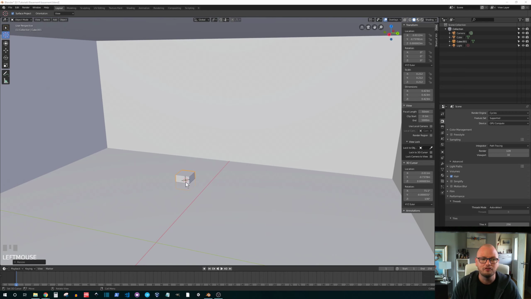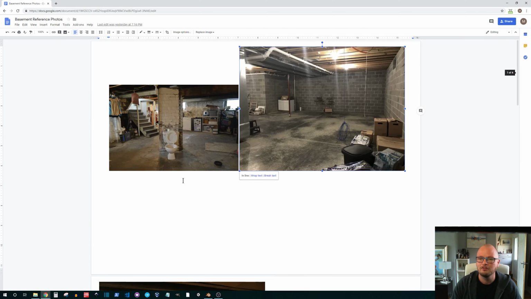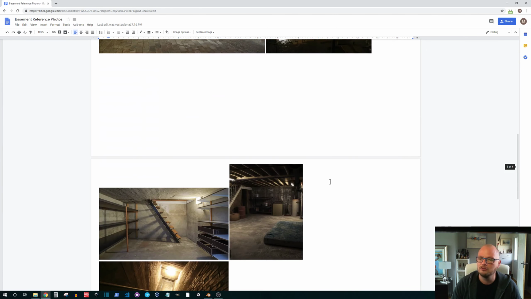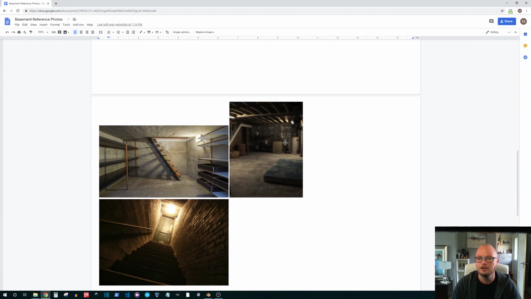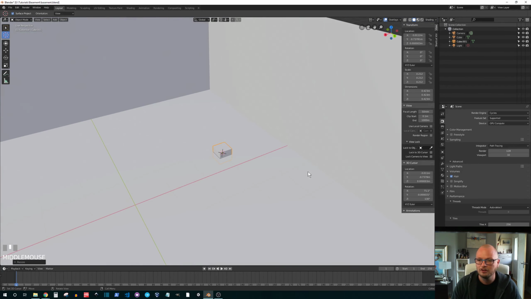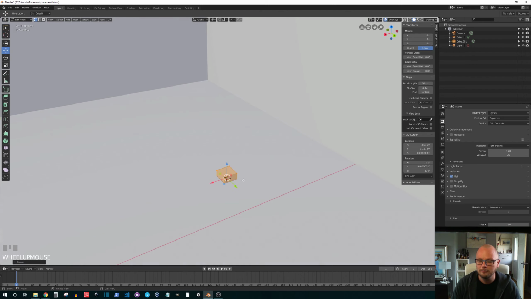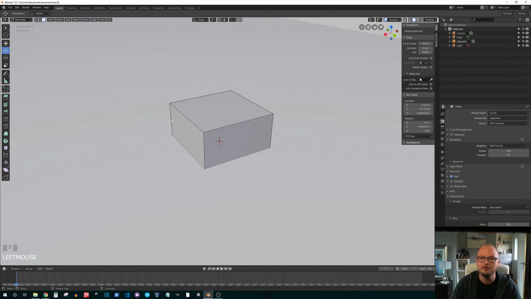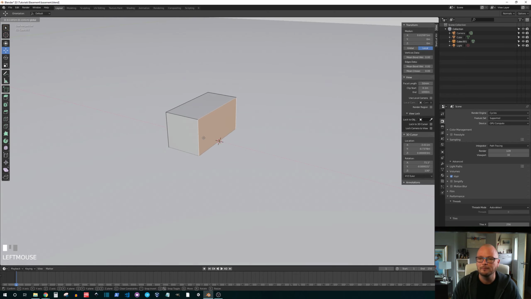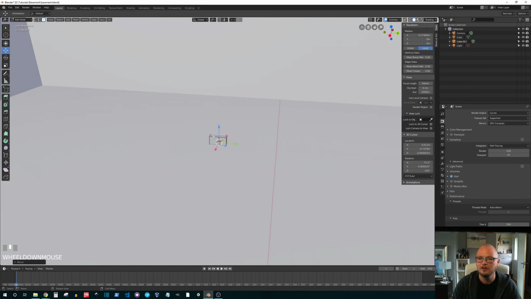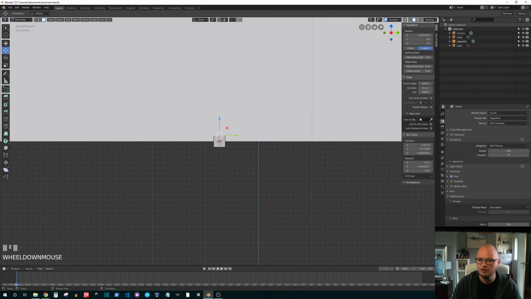I've actually got some reference photos inside here, so if I pull up some reference photos, I just downloaded a few pictures of basements to give us some ideas as to when we go in, and we're going to build stairs similar to these sort of stairs here. So we'll start with the metal bar first. I'm just using S to scale this down to round about where I want on the width. Now just pressing full stop on here will zoom me close to the object. In Unity it's F, but in Blender it's full stop. I'm sure you could change that if you wanted to, but I tend to keep Blender settings the same as they are. If you jump into side view here,